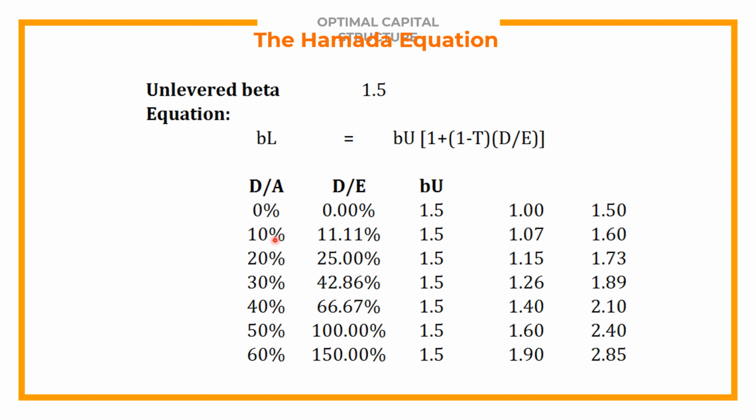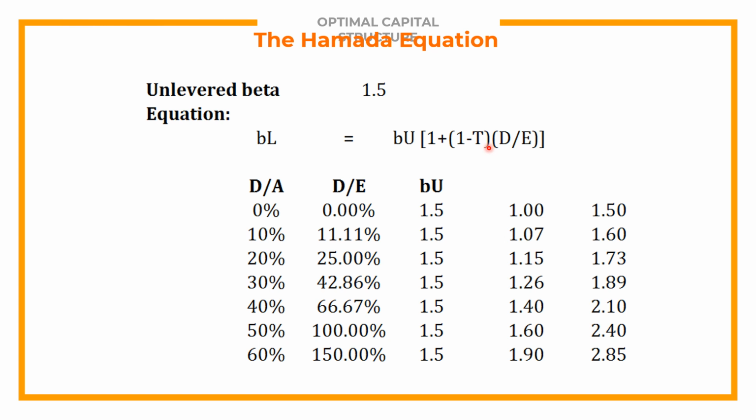For example, that asset ratio of 10%, meaning we have 10% of the total asset. So if our total asset is 200, we have 20 over 200. Okay, so meaning the equity there would be 180, right? So 20 divided by 180. So that would give us 11.11%. Okay, so if we just plug this in the Hamada equation, we have 11.11% multiplied by the after-tax rate